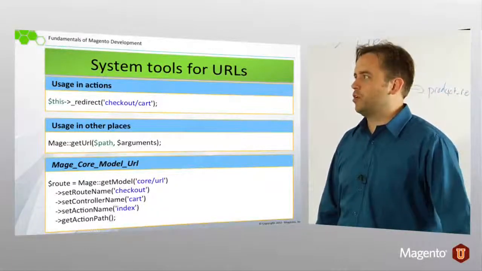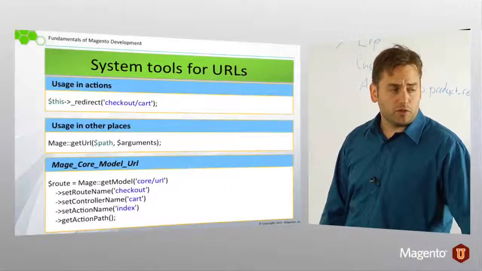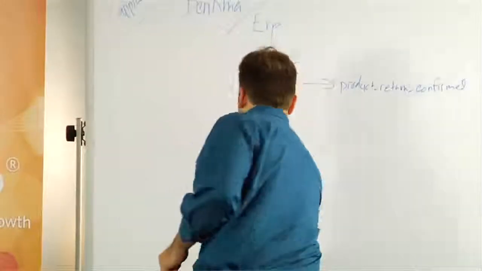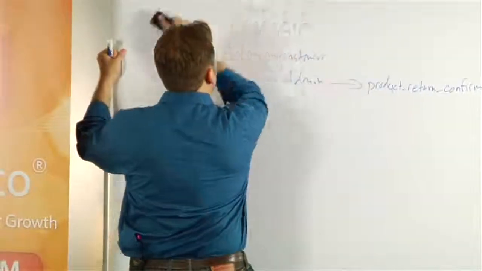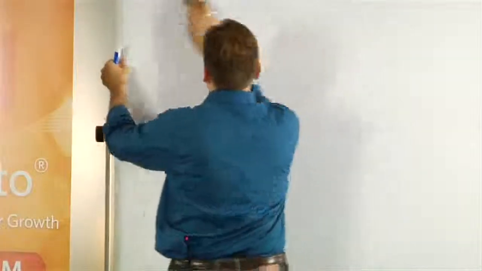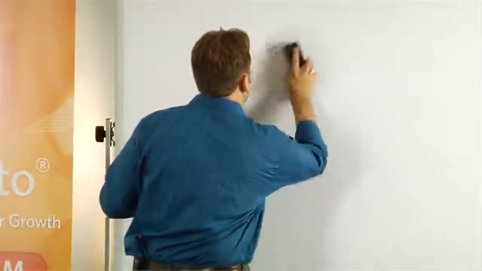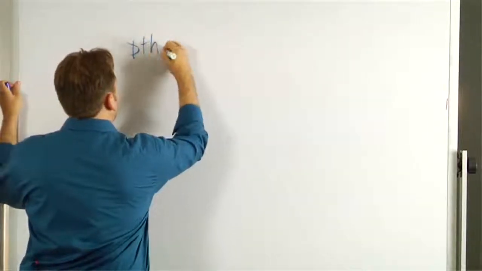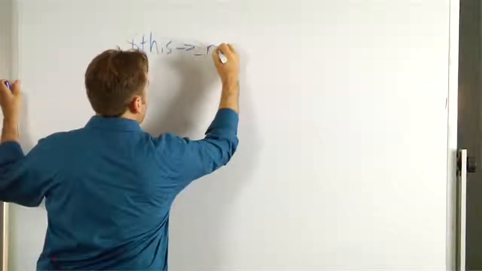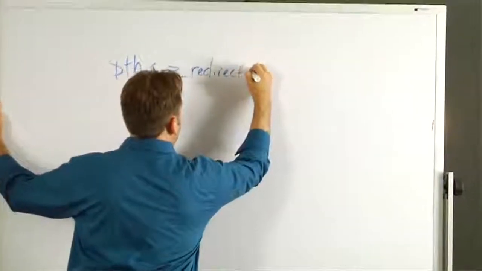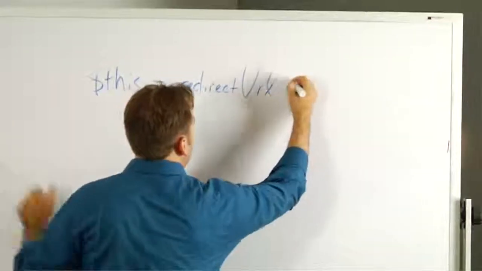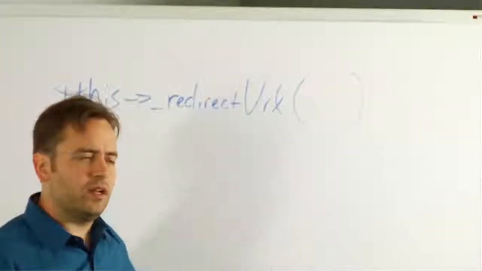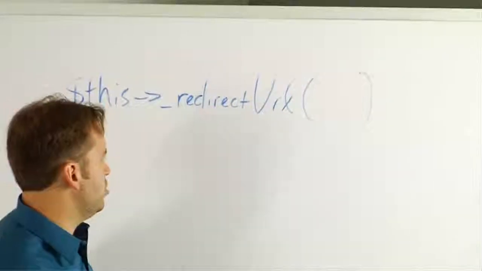If you need to do a direct redirect to an external URL, instead of redirect, which will try and map something internal, you would use redirect URL. Is that in your notes for this slide? We just updated a bunch of the notes, but I didn't know if that was in there or not. So you would specify in,